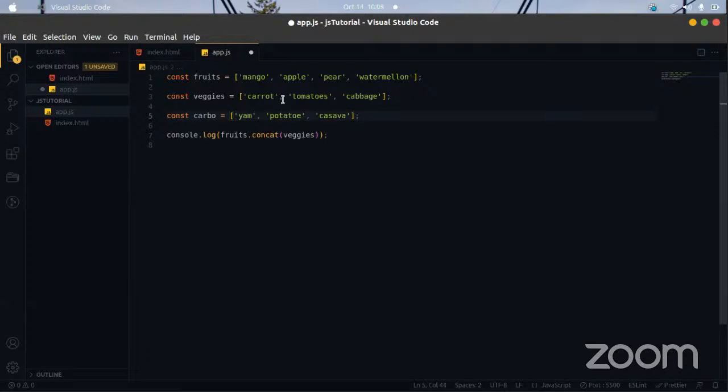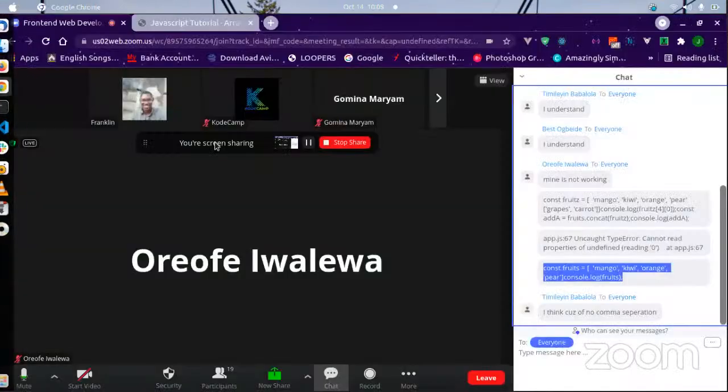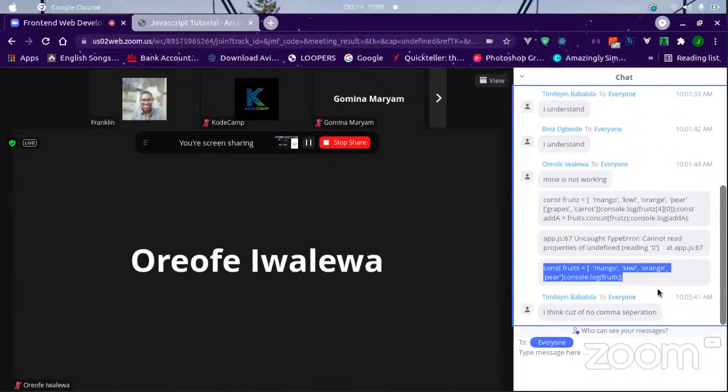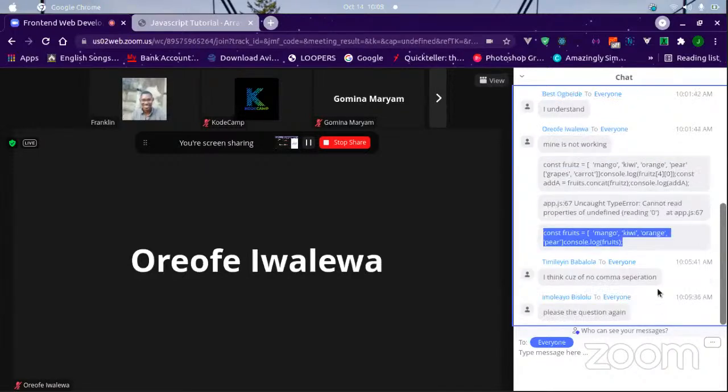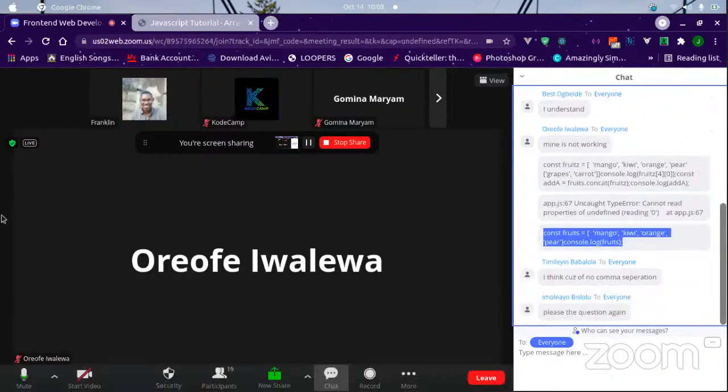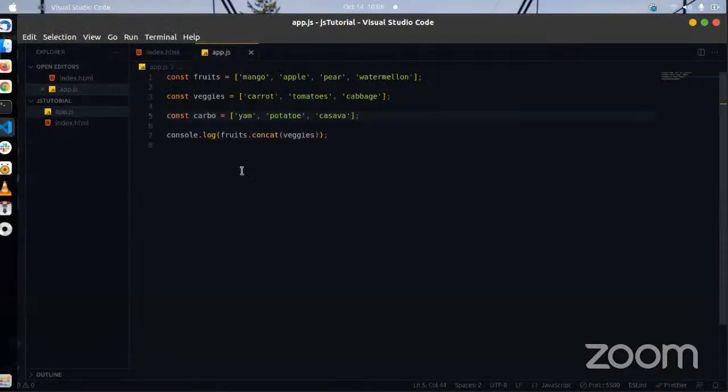Now, how would we do this? Anybody has any idea how we would combine these arrays together, using concat? How would we do that? Okay, the question was using concat.